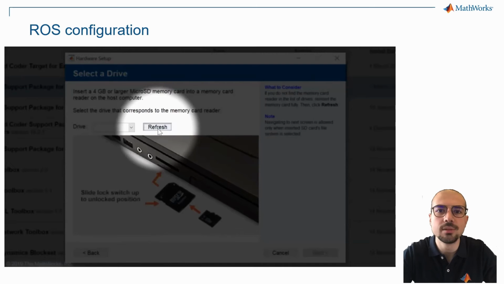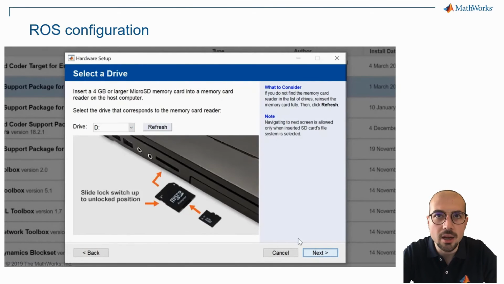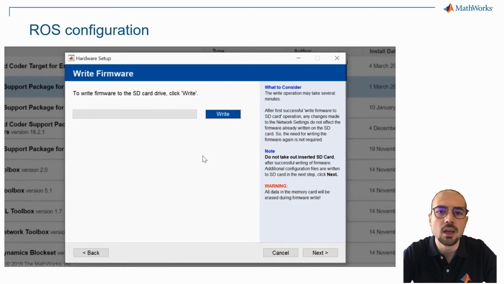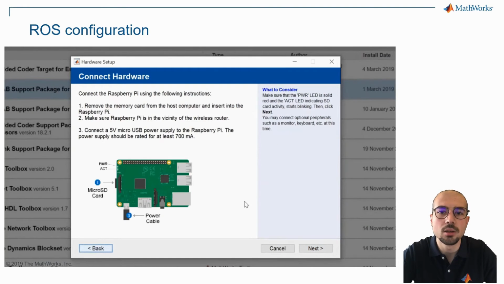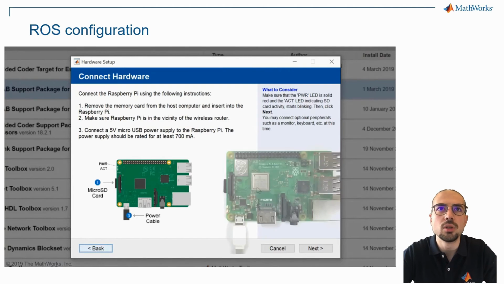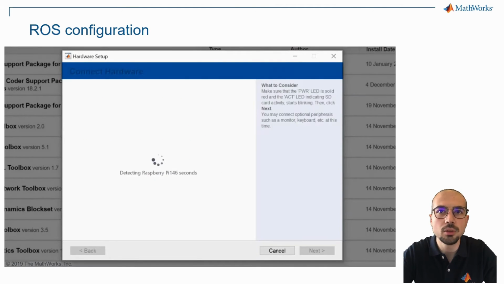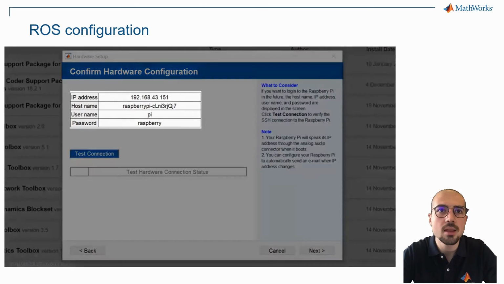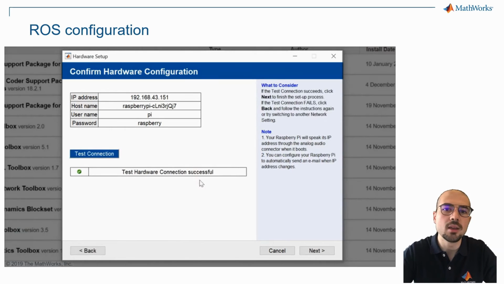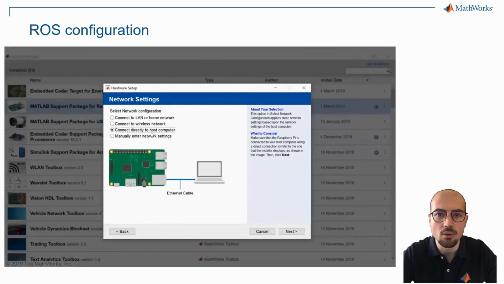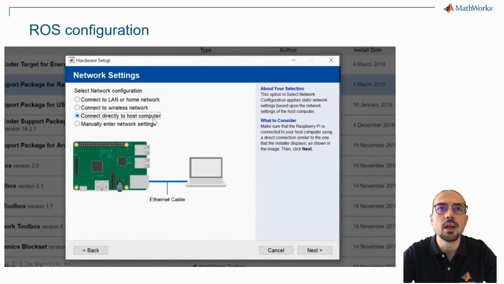We need to flash the software on the SD card, so we put it inside the computer. We can select the right, let's say the right SD card, and then flash it on the SD card. Then we can insert the card into the Raspberry Pi. Switch on the Raspberry Pi and wait some seconds. When we are sure that the Raspberry Pi is booted, the computer searches for it, and then we can do the test of the connection. It means that we can be sure that the Raspberry Pi has been installed correctly, the OS and the ROS are installed correctly, and then connect it